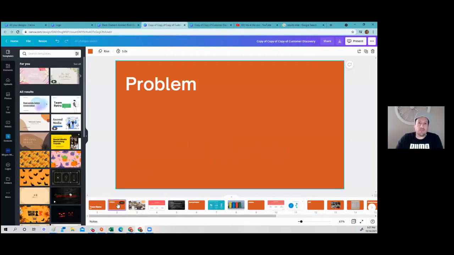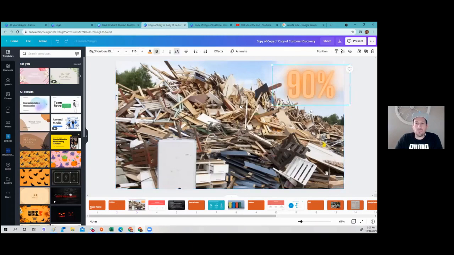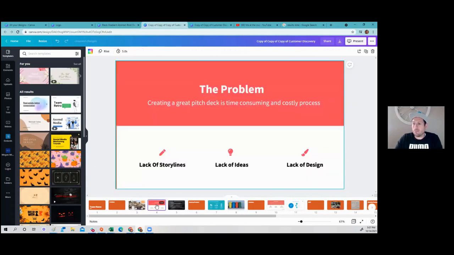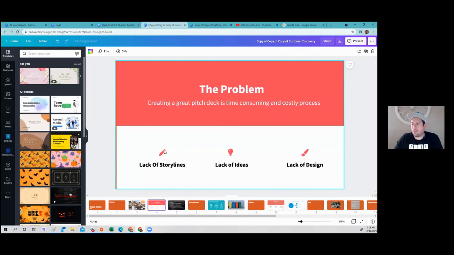Okay, your first slide that you're entering is the problem slide. So I highly recommend pictures with little text to articulate the problem. Or if you're going to do more words, have it be more bullet points. What we're not looking for is something like this, which is almost stretching it beyond preference, it's just a lot of words. This way it'd be easier. Here's the problem, blah, blah, and blah.